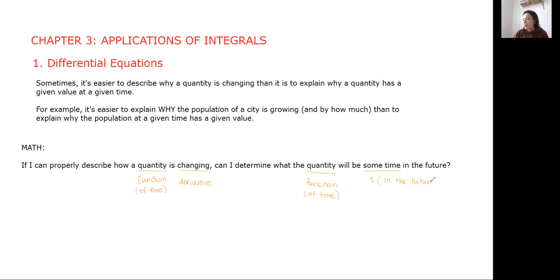So essentially what we've done is looked at our statement and identified the terms that can be expressed in terms of math. And what that allows me to do is to reformulate my problem into a problem that can be solved mathematically. So if I think about this problem now, what I'm essentially saying is, if I can properly express the derivative of a function,